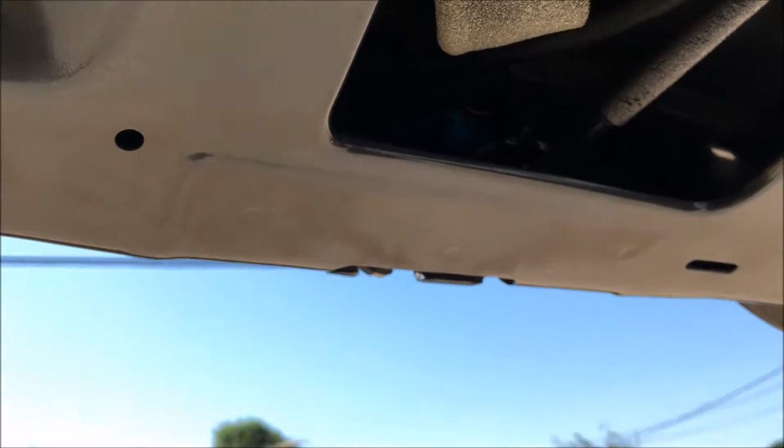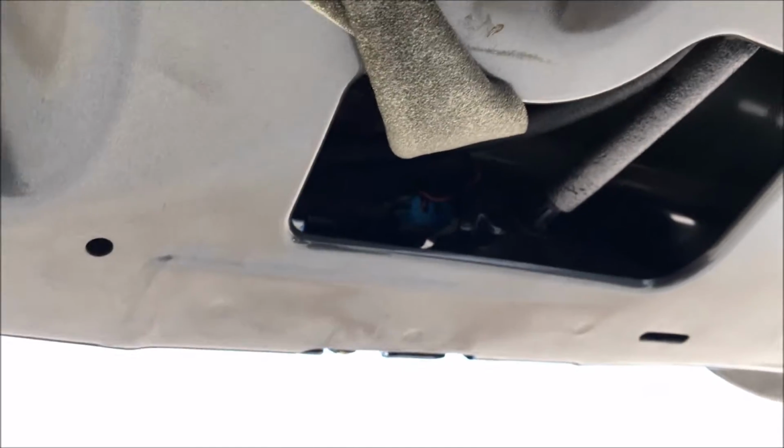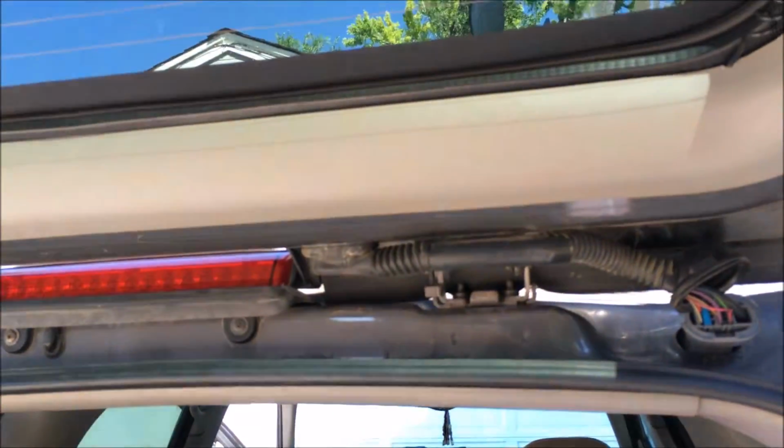But as soon as I disconnected these, that cargo light did turn off. Then once I put everything back together, for some reason the cargo light came back on. So that didn't work. Keep in mind, I'm trying to show you how to eliminate that cargo door light. Let's go ahead and move on to